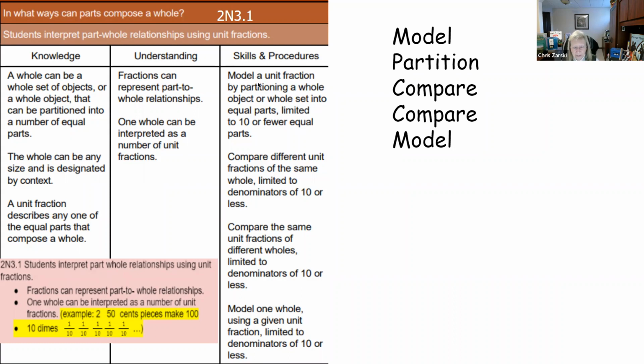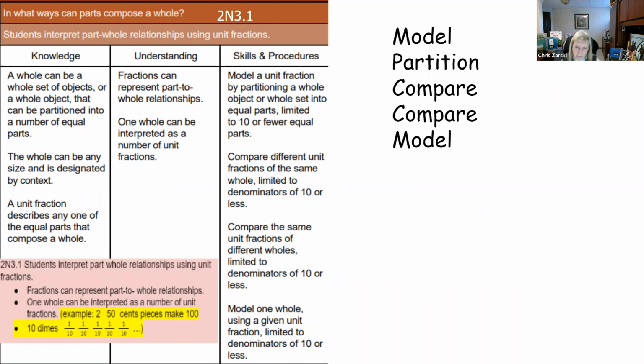We're going to talk a lot about unit fractions today because that is the foundation of fractions. And although we're not going to throw the word fraction out right off the bat, it is the unit fraction that we will work with. And we'll start with money. Why? Because it's a context. Remember, it said in a context. So if I want to show you what a unit fraction is, I need to have a context that's real. One little square out of a rod in a base 10 is not real. It is definitely a perfect unit, but it's not a real world context that I can physically and tangibly understand as a grade 2 student.